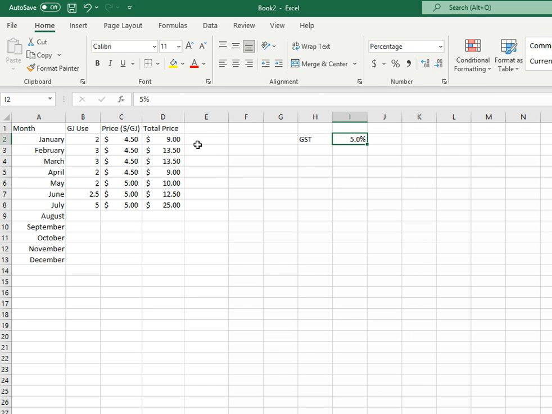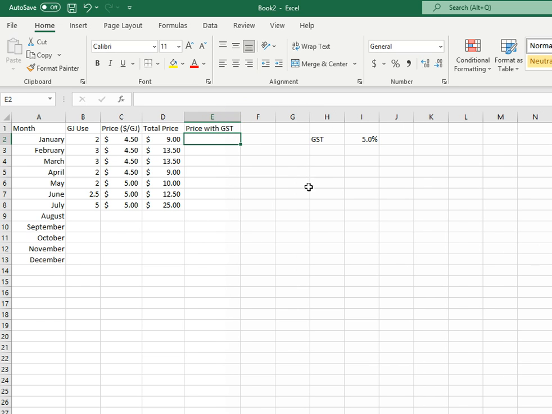Okay. Now the next column, column E, I'm going to have the price with GST. Okay, that column's a little narrow, so I grab the corner of that and make it a little wider. So now I'm going to do a formula that'll calculate the price with GST. So I'll go equals the total price, and then I'm going to multiply it by open brackets, because you can do all these calculations in here, 1 plus